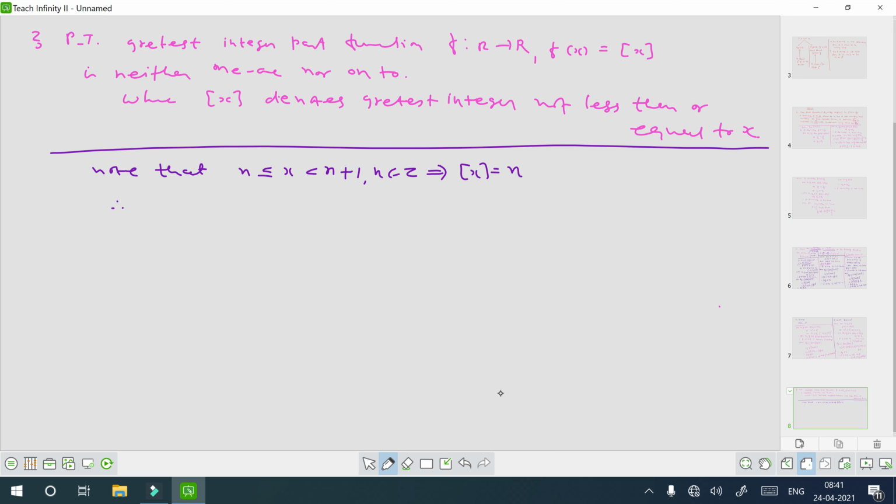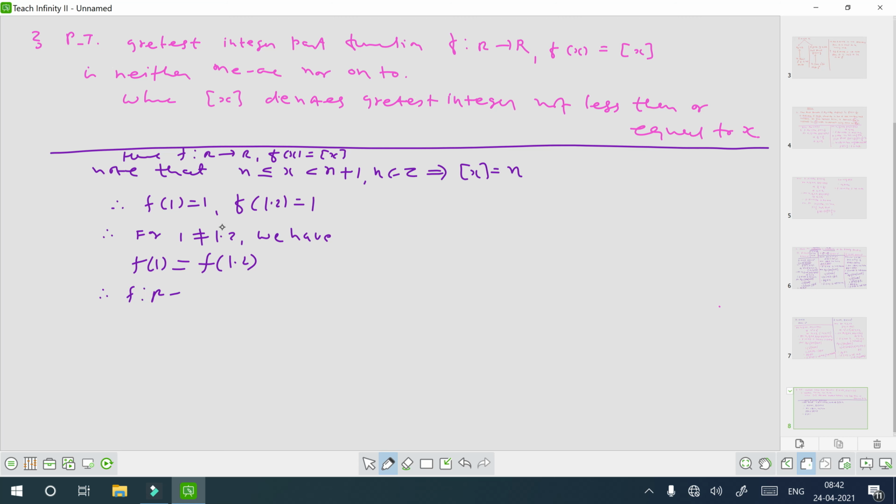And therefore, here first of all mention that f from R to R, f of x is equal to the integer part function x. Now test this according to this one. f of 1 is 1. f of 1.2 is also 1. And therefore, for 1 not equal to 1.2, we have f of 1 is equal to f of 1.2,